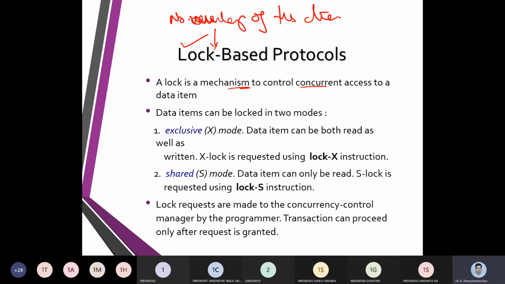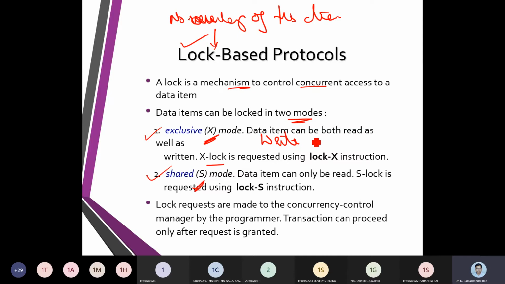While accessing data items, we have two modes. One is the exclusive mode, which we represent as X. The other is the shared mode, which we represent as S.